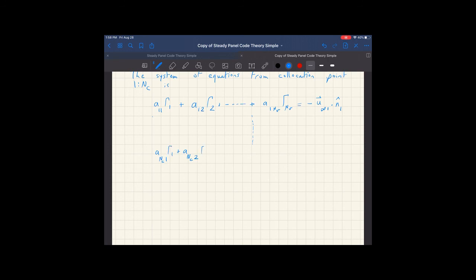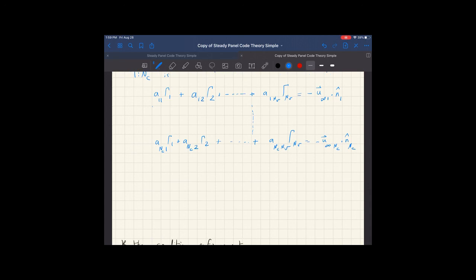Gamma 1, gamma 2 plus ANC NV gamma NV is equal to minus, again, the free stream component at the last collocation point, dotted with the unit vector at the last collocation point, which will basically correspond to